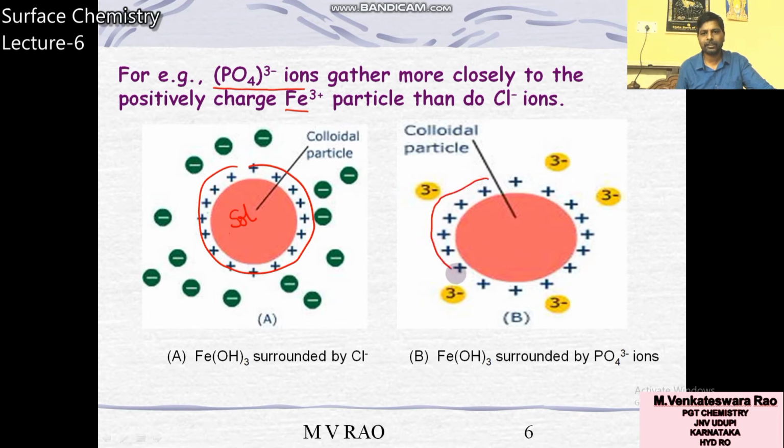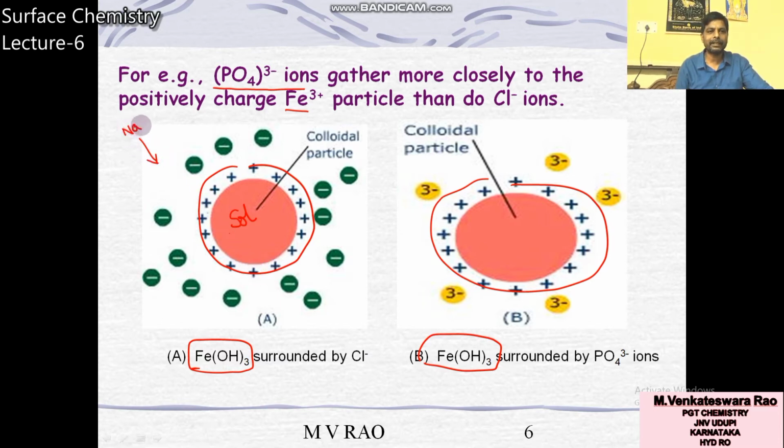Here this one is also a positively charged sol. In the first case, Fe(OH)3 sol is a positively charged sol. For this coagulation purpose, you add some NaCl. That means Cl- ions are working for coagulation, it needs more Cl- ions. By adding phosphate ions, suppose you take Na3PO4 as an electrolyte, PO4 3- ion is the negative ion. Because the sol is positively charged, it needs a negative ion for the coagulation.